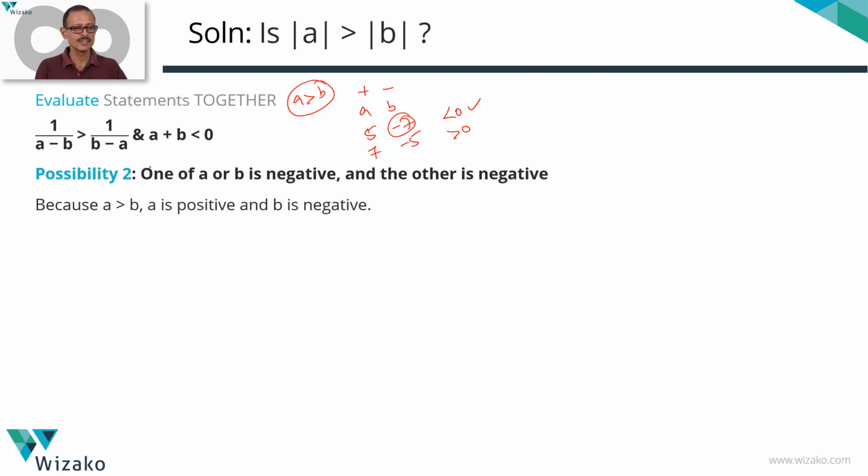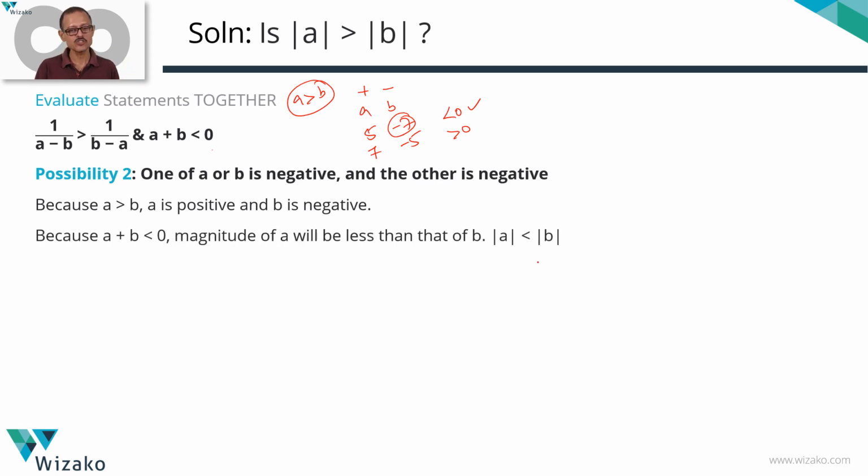Again, run through it. One of these numbers is negative. We are looking at the possibility of one being positive and the other being negative. Which will be positive? A has to be positive because A is greater than B. Even if it's 0, that's going to work. 0 is a much easier case, so we are not even looking at it. So if A is positive, B is negative, the sum will be negative only when the negative number has a larger magnitude, which means the magnitude of B has to be greater than the magnitude of A, or the other way of stating that is, the magnitude of A is less than the magnitude of B. The question is, is modulus of A greater than modulus of B? The answer is a no for the second possibility too.